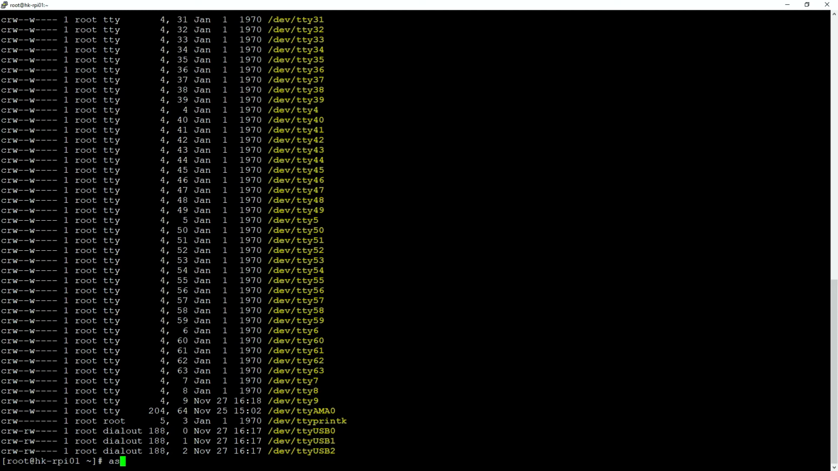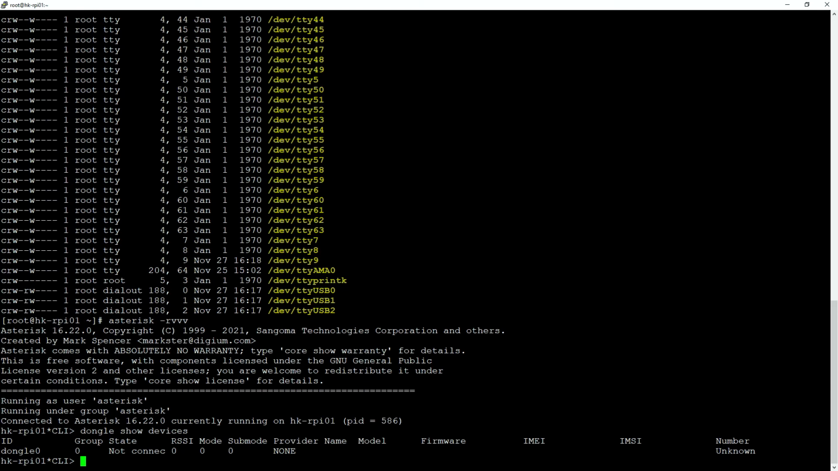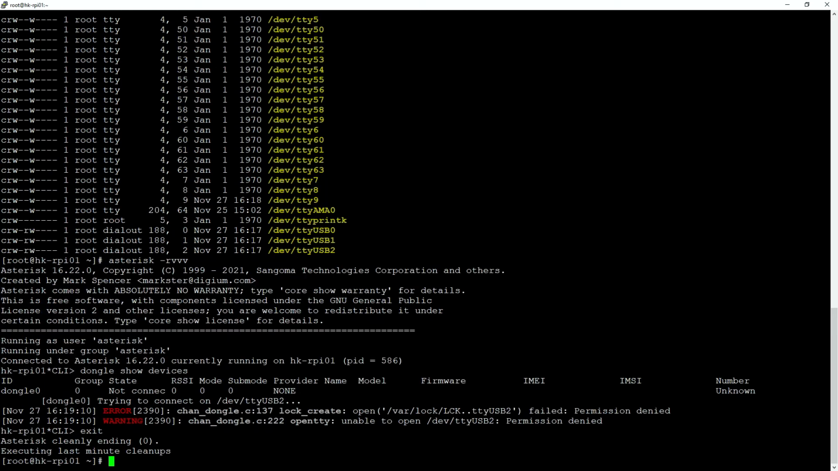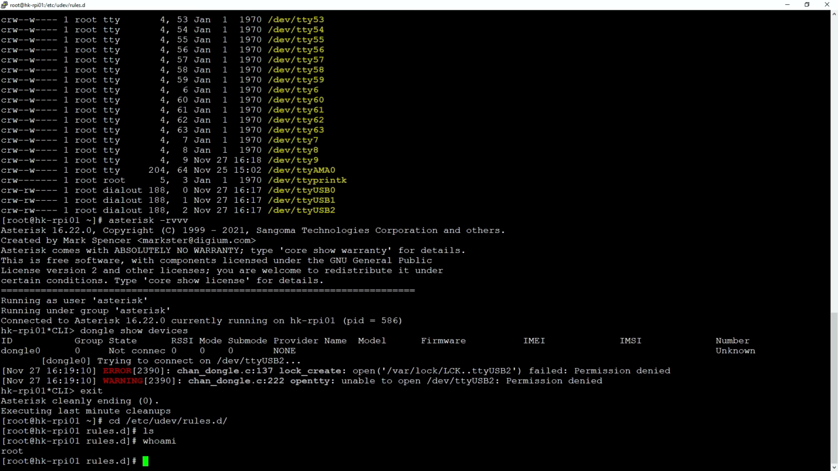But this is a bit of a problem, because if we enter the asterisk console, you will see that with the dongle show devices command, this dongle is not connected, and you will see a lot of warnings that your asterisk cannot access your device anymore. To change this, and I just want to remind you that we are talking about CentOS 7 here, let's go to the /etc/udev/rules.d directory, and as root, so let's verify with whoami, root,